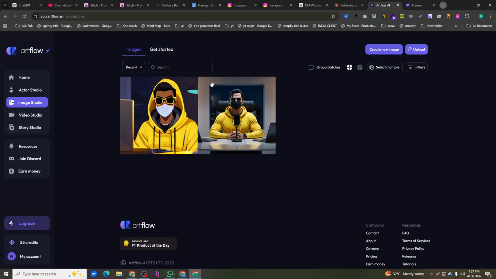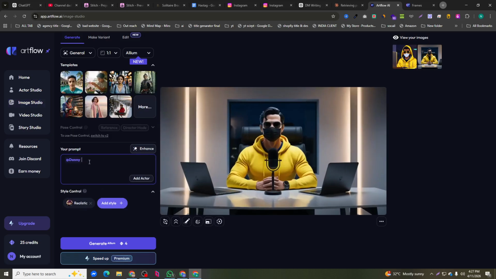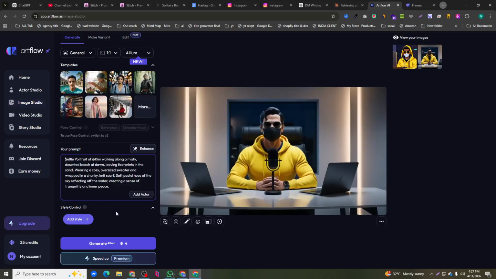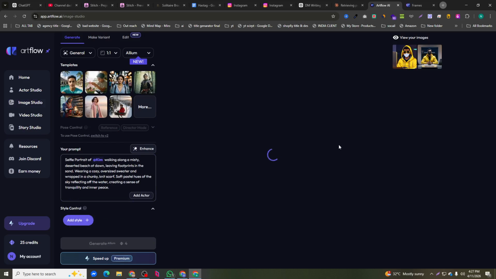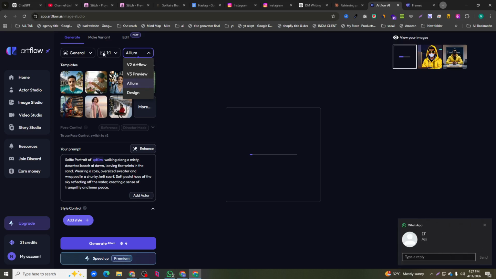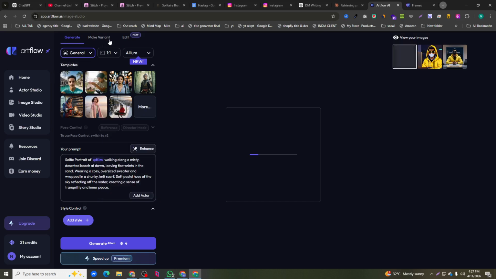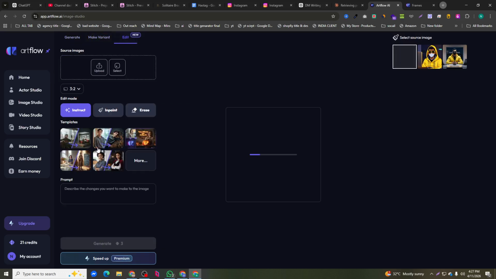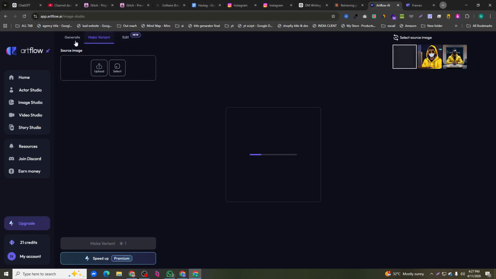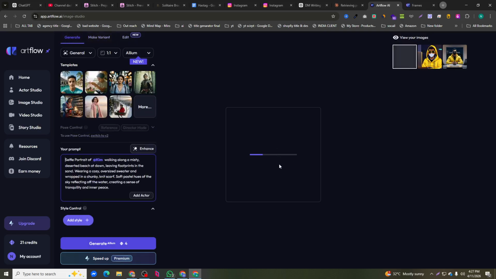Okay, so if you want, you can learn more, you can create a new image. You should click here, and then you should give your prompt. You should upload the style, then you should click generate. Now it will generate for you. Okay, so you can control the ratio, 1:1, general, vertical. Okay, something like that, whichever style you want. I have put it in general, and here's the new option, edit. You can also edit your actor and all this stuff. Now you see it generating, so it will take a little time.